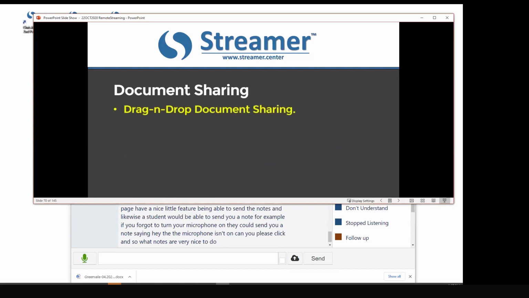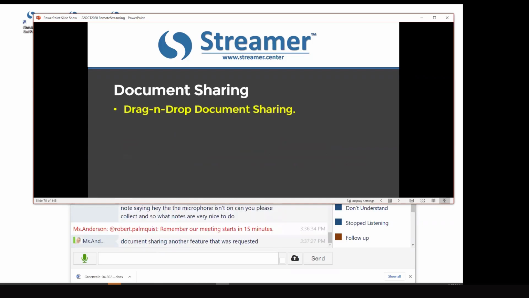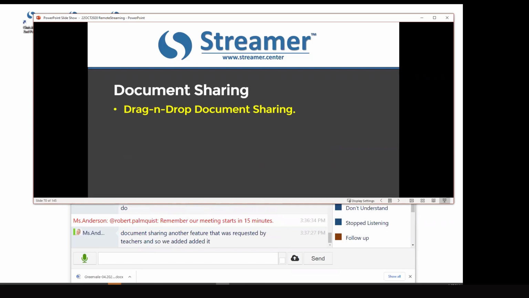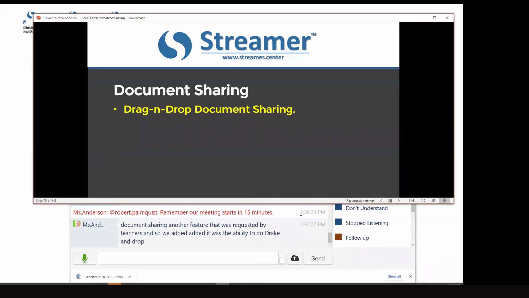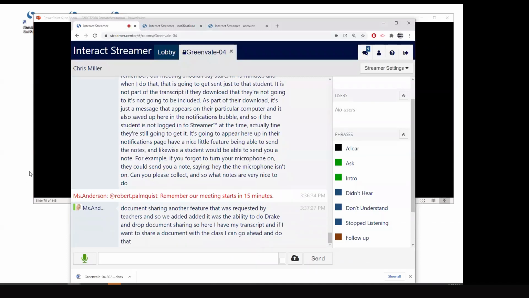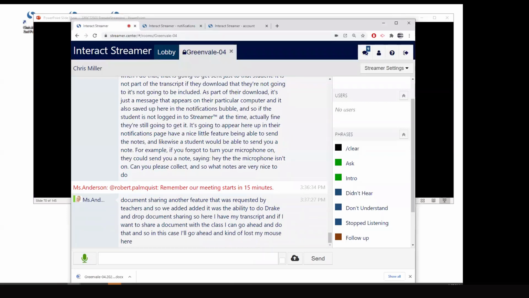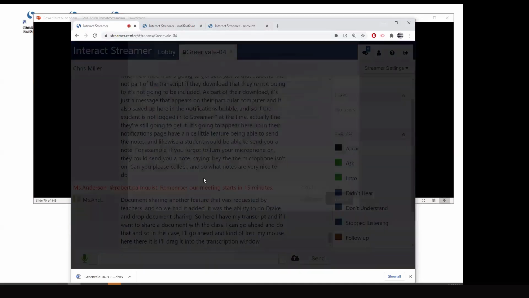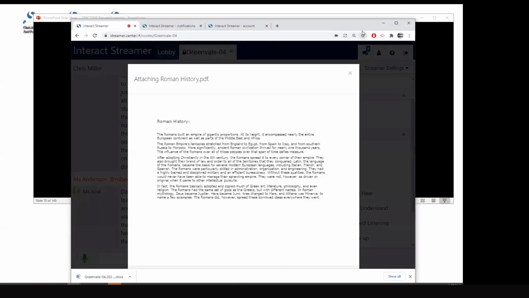Document sharing, another feature that was requested by teachers, and so we added it, was the ability to do drag and drop document sharing. So here I have my transcript, and if I want to share a document with the class, I can go ahead and do that. And so in this case, I'll go ahead and, kind of lost my mouse here. There it is. I'll drag it into the transcription window, drop it in there, and